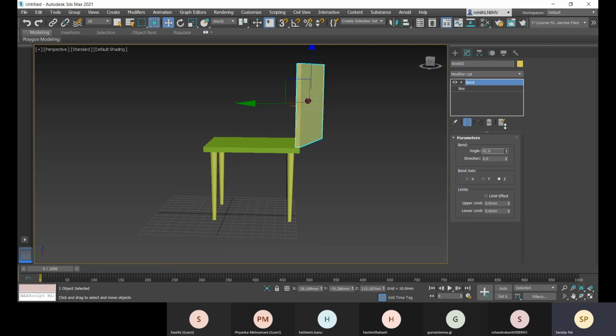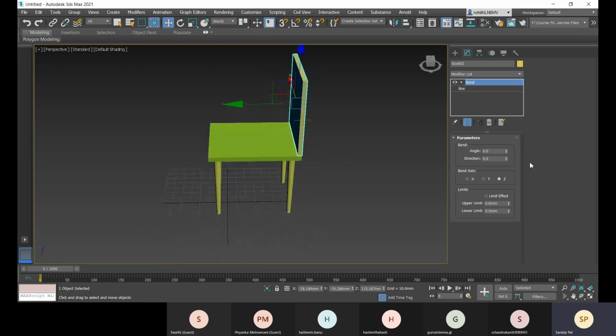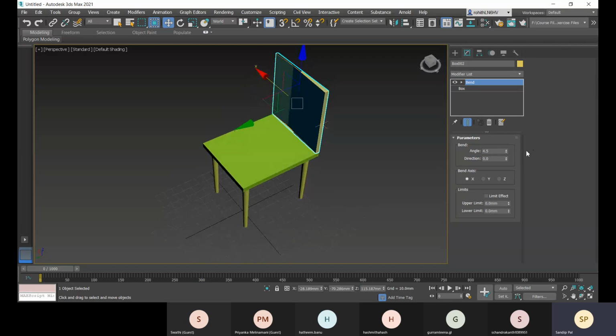And what you can do, you can apply bend modifier, and it is along the Z axis or not, along which axis you can define. So along, I think, X axis. So let's go with this along X axis, and you see that it is right now bent. It's being bent here, and you can change the direction as per that.